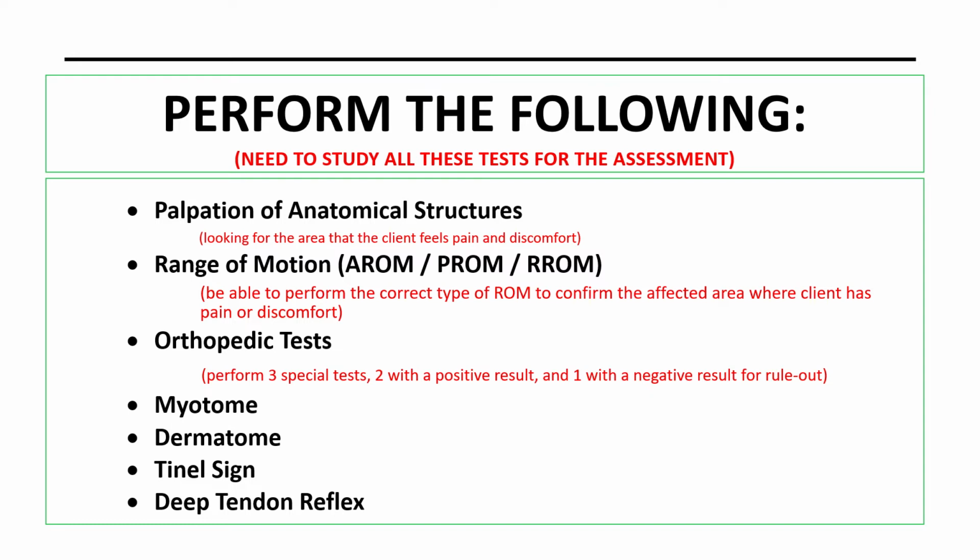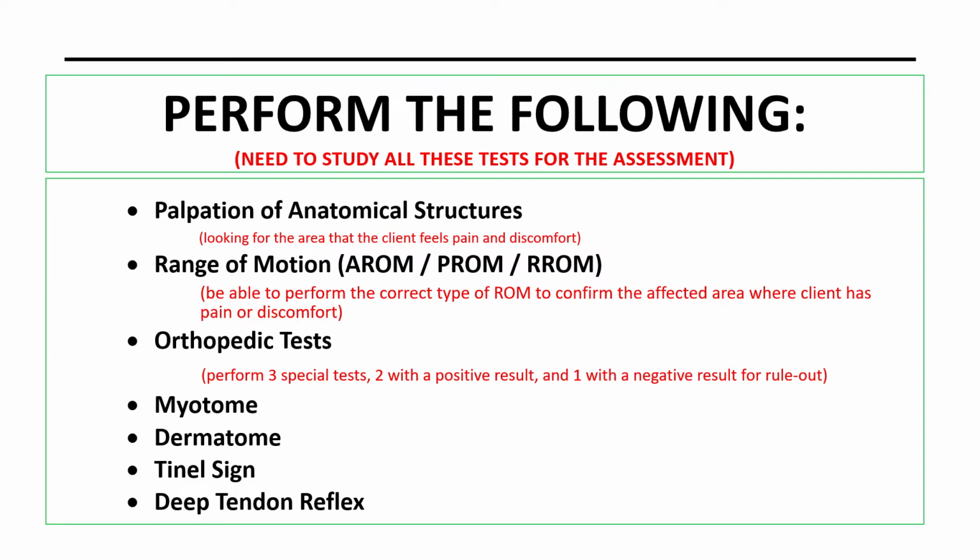Next is the orthopedic tests. You will be performing at least 3 special tests important to detect or assess the client's condition. For the special tests, you will need 2 tests with a positive result and 1 test with a negative result for rule out. For example, if the client has a tennis elbow problem,